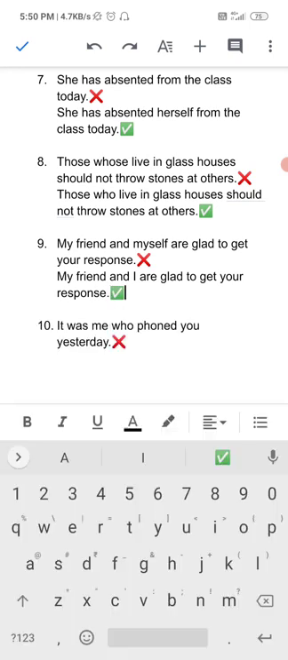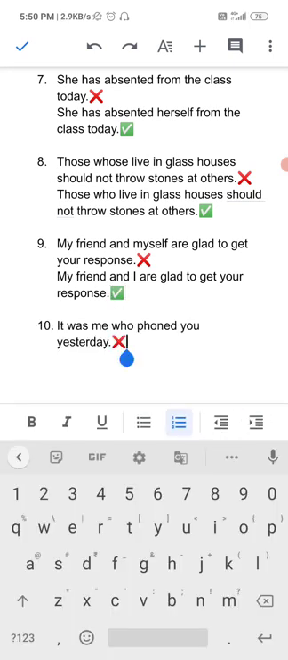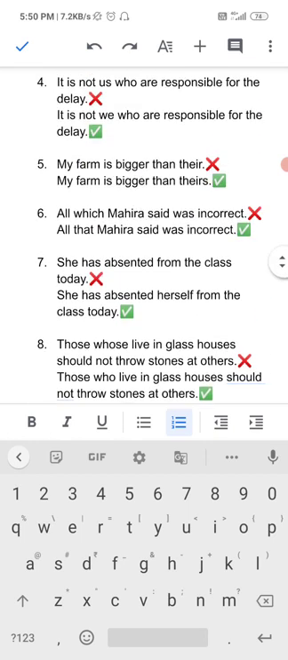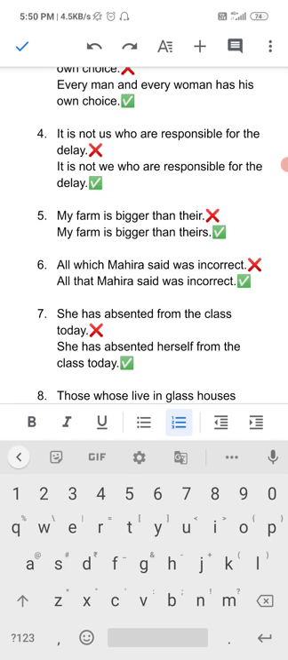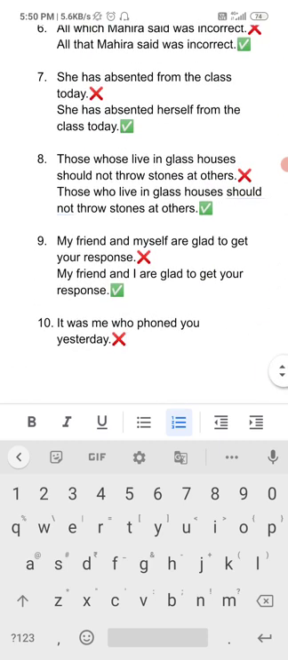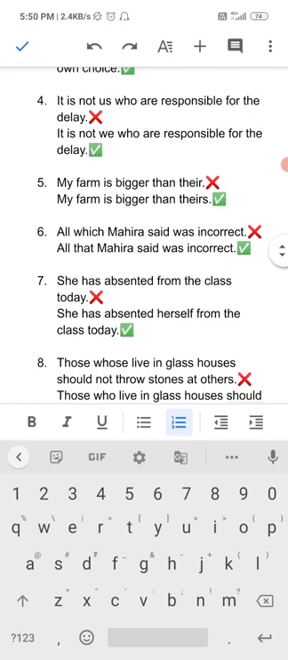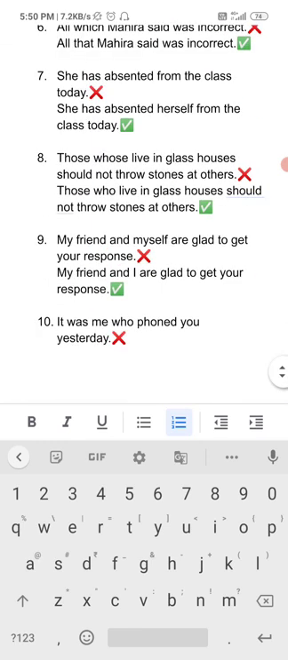This is correct. Now we are taking the last question of this session, that is the 10th question. The question is, "It was me who phoned you yesterday." If you observe question number 4, here is the same pattern. It is not us. Question number 10, it was me. It plus be form plus pronoun. So likewise, we have to use here it was I,